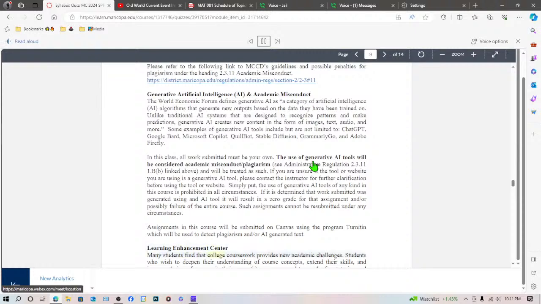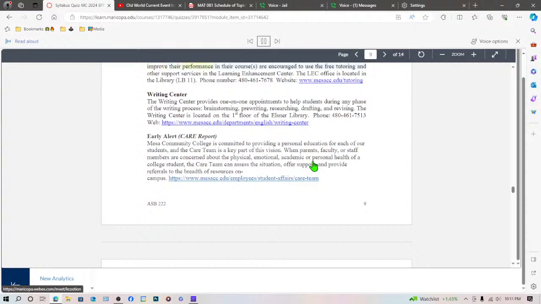Learning Enhancement Center. Many students find that college coursework provides new academic challenges. Students who wish to deepen their understanding of course concepts, extend their skills, and improve their performance in their courses are encouraged to use the free tutoring and other support services in the Learning Enhancement Center. The LEC office is located in the library, Pound 11. Phone number, 480-461-7678. Website,